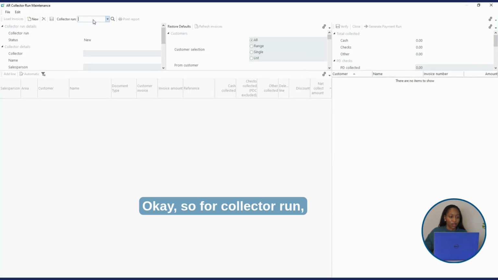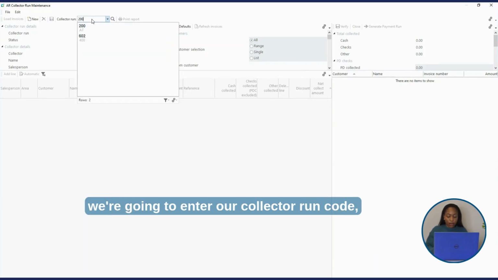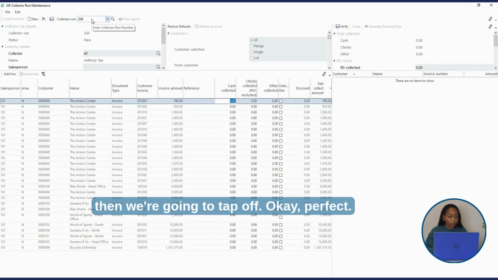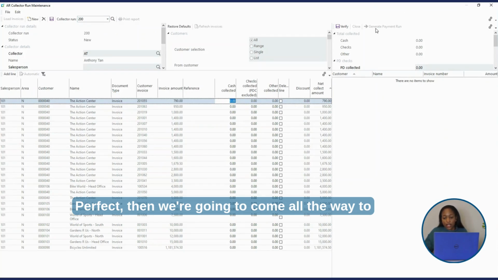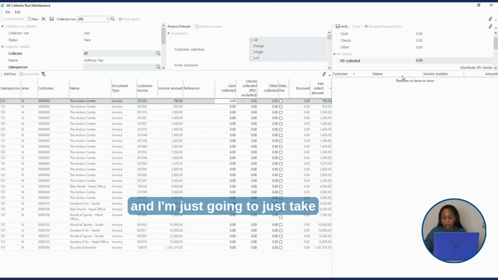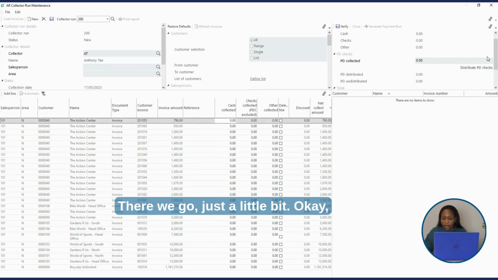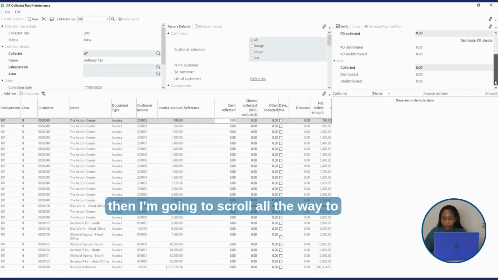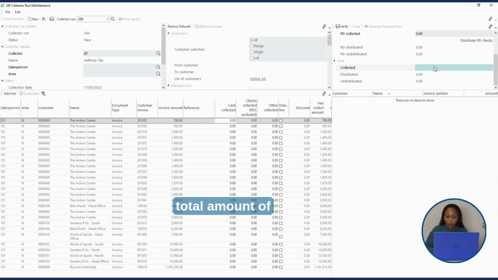For collector run, we're going to enter our collector run code, then we're going to tap off. Okay, perfect. Then we're going to come all the way to this pane right here, and I'm just going to take this down so I can see everything. Then I'm going to scroll all the way to collected, and I'm going to enter the total amount